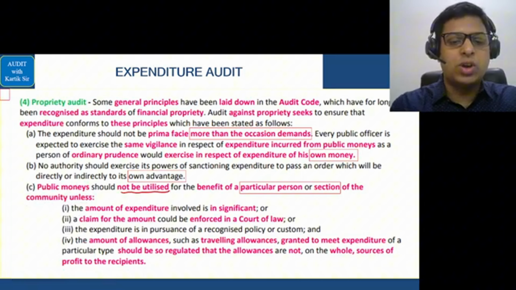Next is 143 subsection number 6, that is CAG's right to. They are given 2 points here, that is conduct supplementary audit. So CAG can conduct supplementary audit under 143.6 and comment upon or supplement such audit report. Okay. Finally, 143.7 is CAG may by an order cause test audit. Test audit basically means that if he wants to check a certain area, the CAG can request an auditor or tell an auditor to check that particular area, test audit part. Okay, that completes your government audit area.